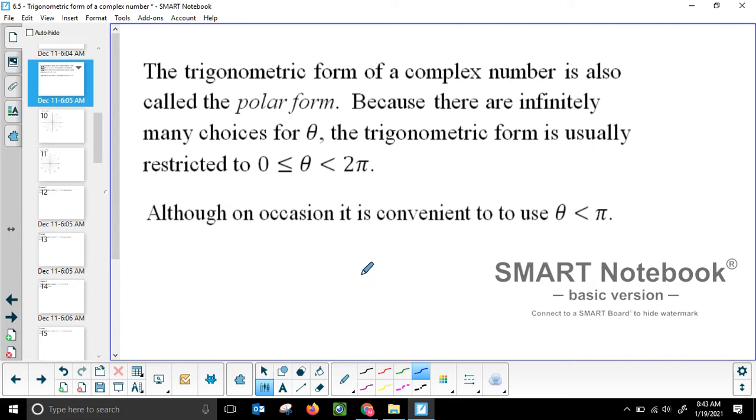All right, the trigonometric form of a complex number is also called the polar form, like I said, because there are infinitely many choices for theta. Remember, there's infinitely many coterminal angles of any angle in standard form. The trigonometric form is usually restricted to 0 to 2 pi, although on occasion it is convenient to use a theta less than pi. So sometimes they like it 0 to pi, but usually 0 to 2